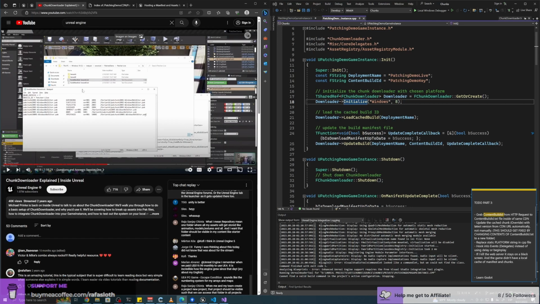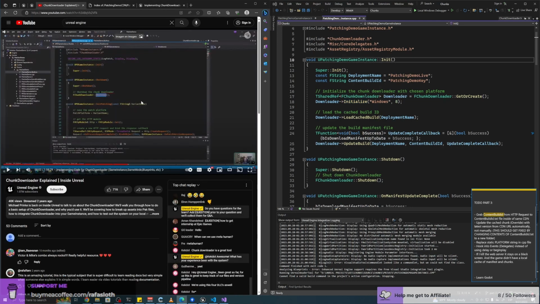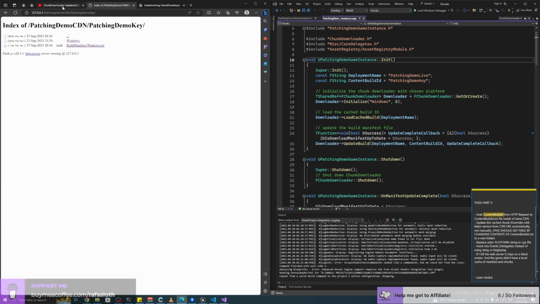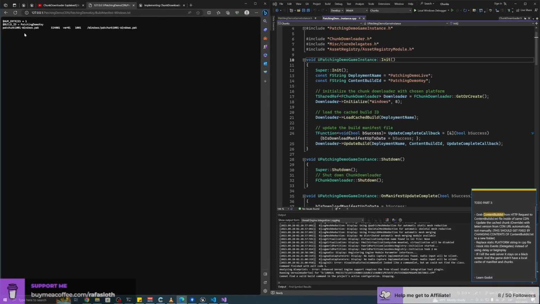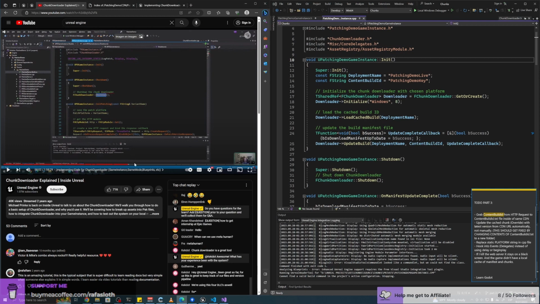In this tutorial, they're giving the variant name parameter, dynamically changing the patch platform, meaning in their example they can have multiple different variants of the manifest, and the manifest can point to different URLs. So I'm gonna try just getting the content build ID first, and if that doesn't work, I'm gonna also try where they make it variable.